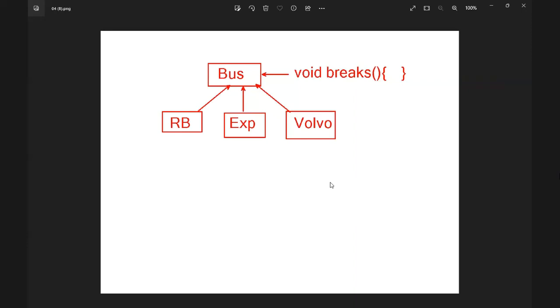What do we call it? Overriding. Writing logic the first time, we call it what? Implementation. Already logic is there, I am changing it, then we call it what? Overriding. In rectangle, I implemented a method. In the Volvo class, I am overriding the method. Understand? Write down the code.